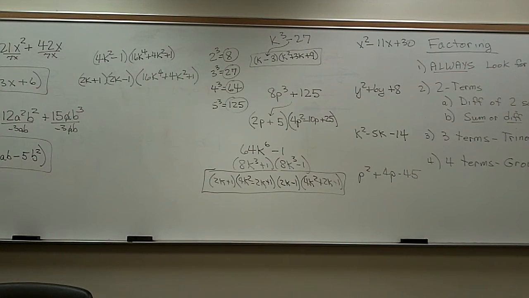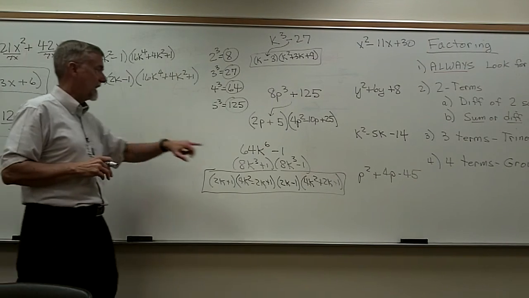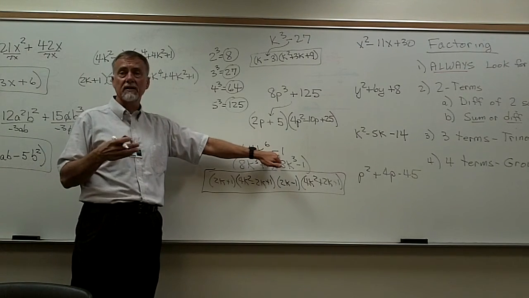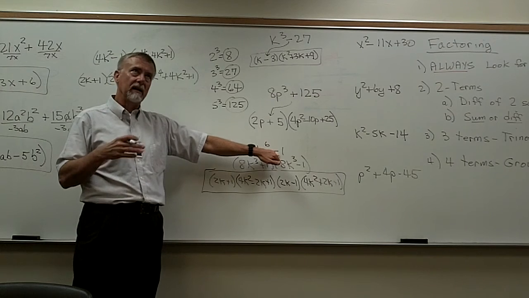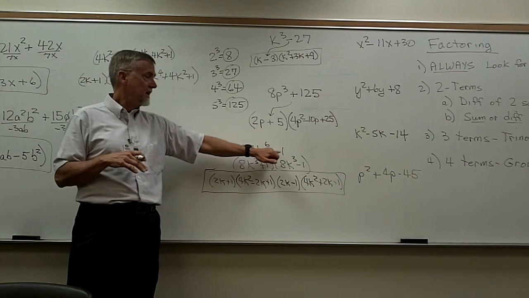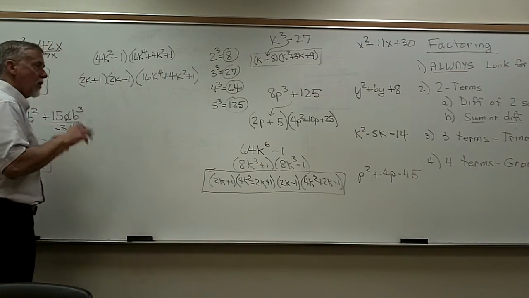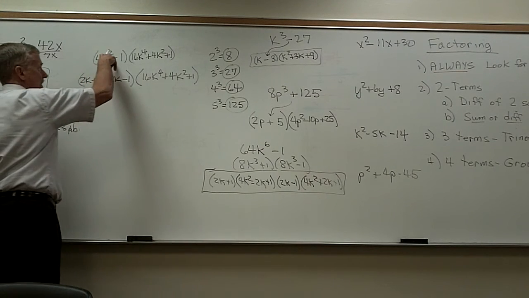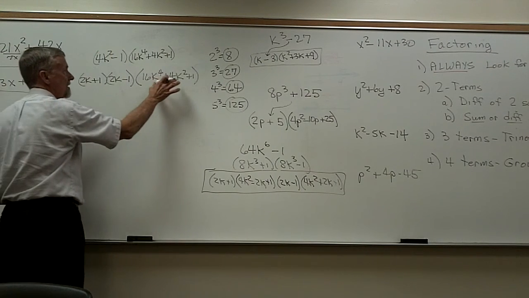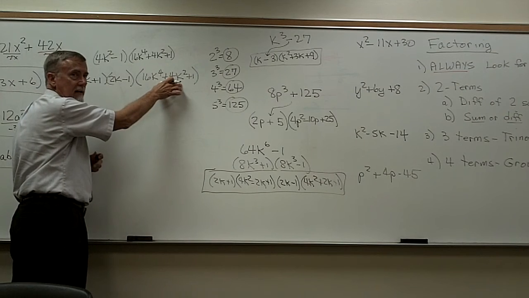Now those two answers look different, don't they? Based upon the sequence and the way we started. It's a unique situation. When you have something that is a difference of squares or a sum or difference of cubes, well, actually only if it's a difference of cubes, it can be factored 2 ways. One way, if we start with the difference of squares, leads us to a trinomial that cannot be factored again